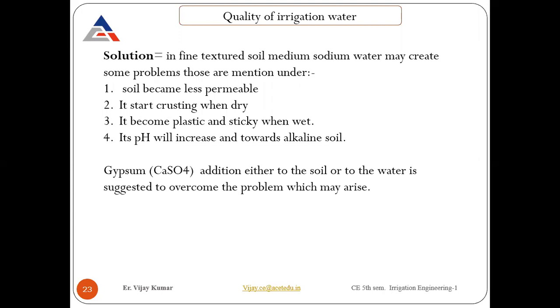Fine texture means we have some different categories. Soil, fine soil, I would say clay is the finest soil of all of them. Then we have silt, a bit larger in size. Then we have fine sand, medium sand, coarse sand. We have fine aggregates, medium aggregates, boulders and all that. So these are the categories you will see in the next semester subject, soil mechanics. You will find those.